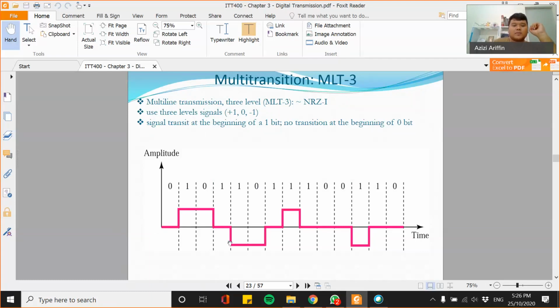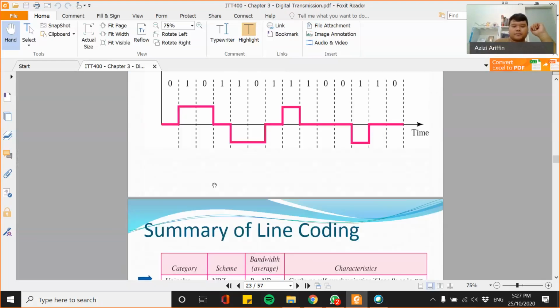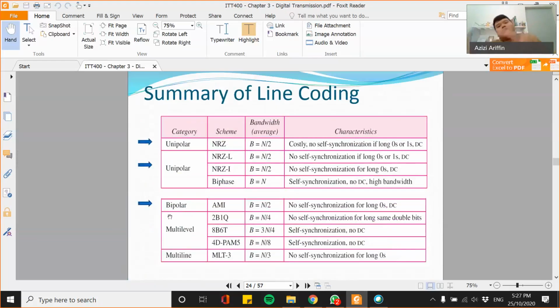So 1 again, so it transitions back to negative. Then 0, no transition. 1 again, so it will transition to 0. 1 again, so it transitions to positive. 1 again, it transitions back. Then 0, no transition. Every time there is a 1 to encode, it will transition from positive to 0, from 0 to negative, or from negative to 0, and 0 to positive. Okay, so when we summarize all the encoding schemes, we can see that